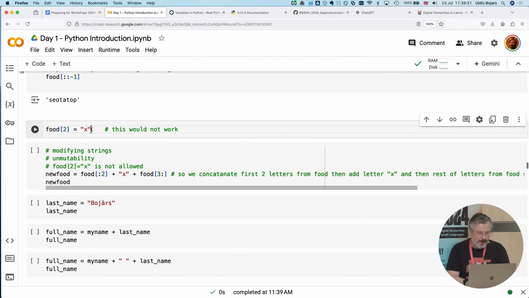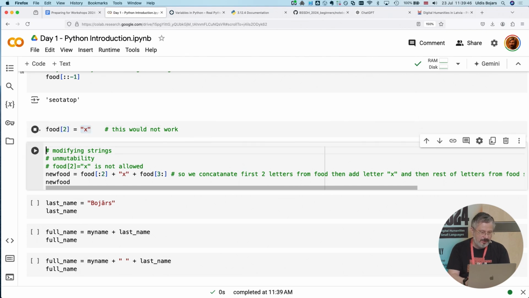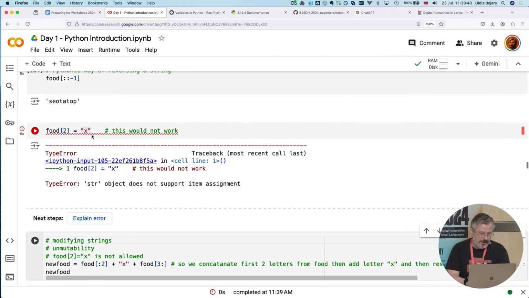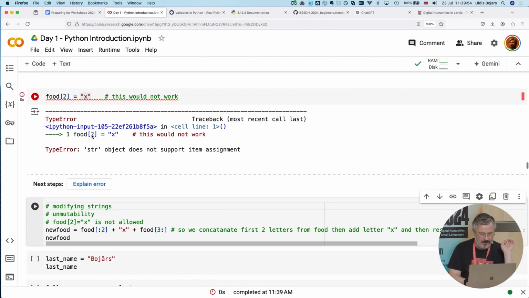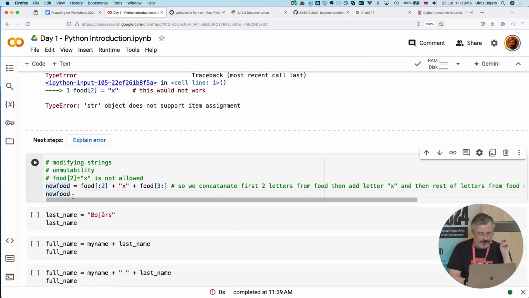One thing you should keep in mind, we cannot change individual characters of a text string. We cannot say that the character with index 2 of the string containing value potato will be X. Python doesn't allow us to assign new values to fragments of text strings. But you can modify